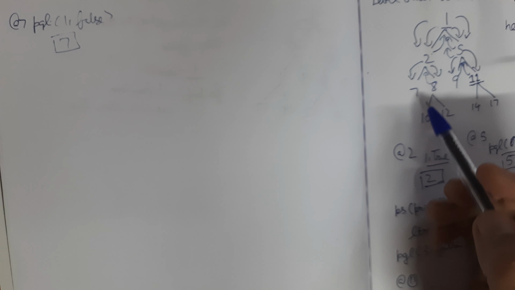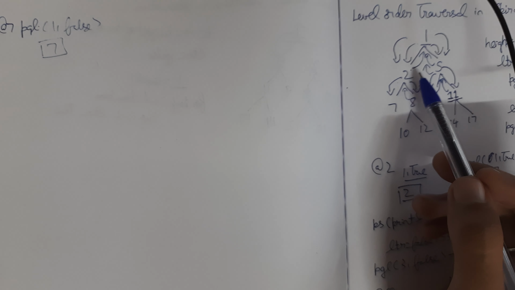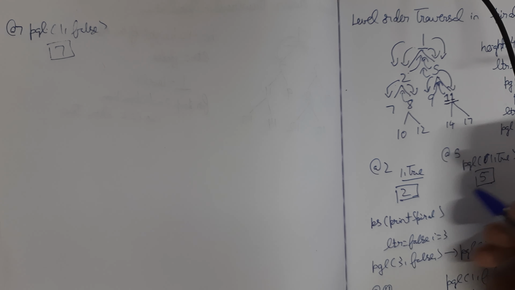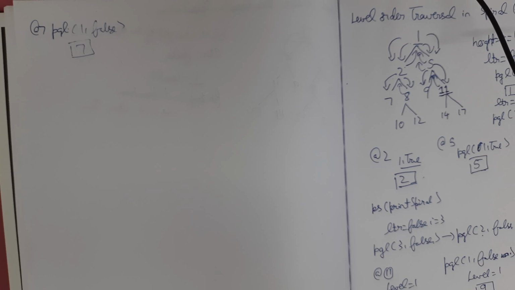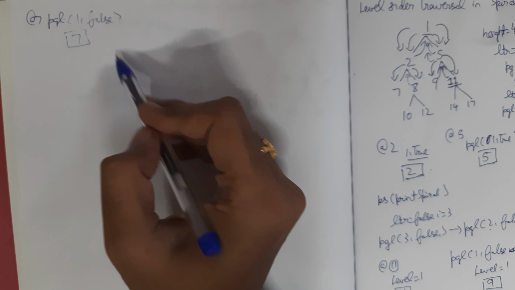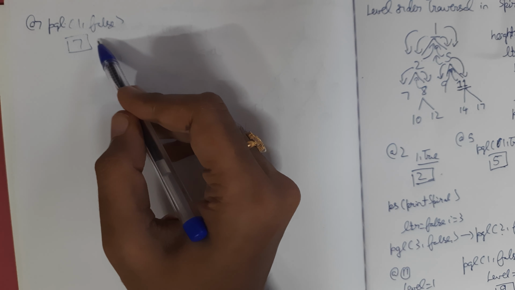So the first 3 levels are now printed in the output. So we have 1 followed by 2, 5, and we have 11, 9, 8 and 7. So these are the values that are now printed at this point of time,